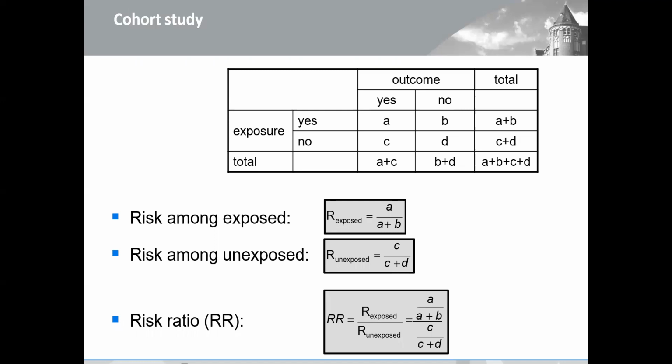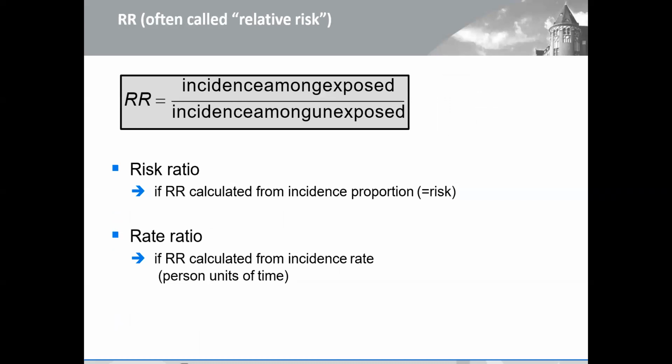So in terms of formula, this is like our usual 2 by 2, and for a cohort study, how are we getting it? We are saying risk among those who are exposed. In our example, those who smoked. How do we get risk among exposed? It is A over A plus B. Risk among unexposed is C over C plus D. Then how do you get our relative risk or risk ratio? We divide this by this. So the relative risk is